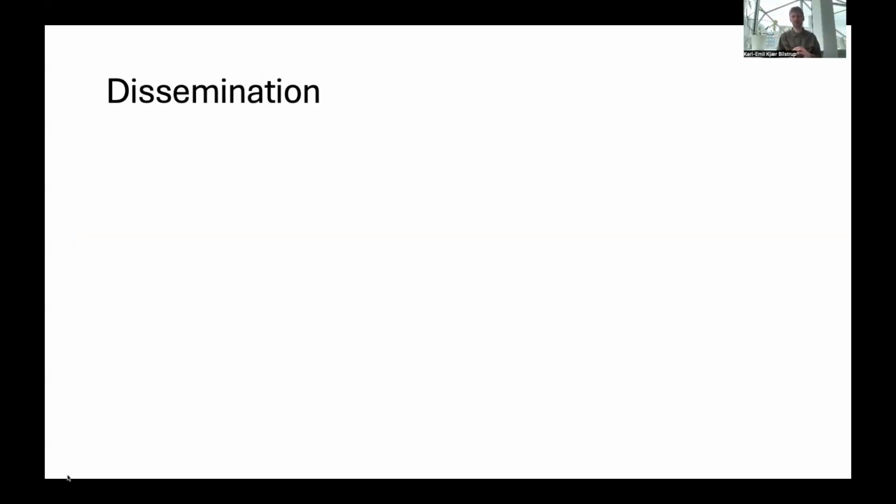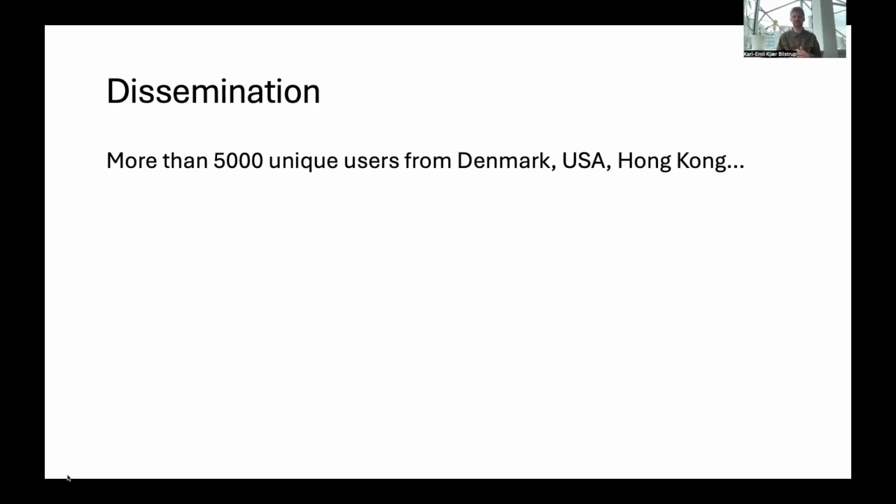Counting only people who have accepted our cookie policy, the mlmachine.org page and the DR-branded version together have had more than 5,000 unique visitors, mainly from Denmark, USA and Hong Kong, but also many other countries. We cannot know why people have used the tool, but around half of the visits are sudden spikes from a specific region, indicating that the tool was used in a co-located context, for example, a classroom.